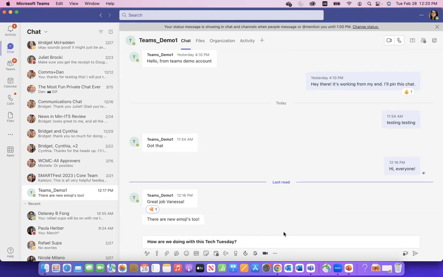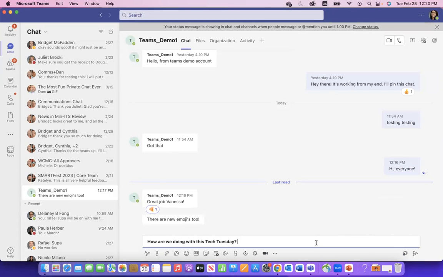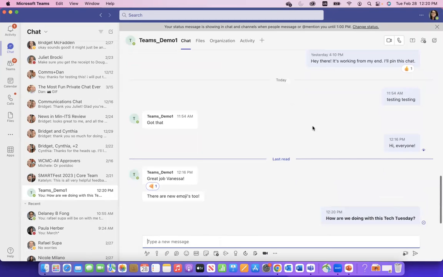One really cool feature that Raphael just told me about yesterday is if you want to send a message, you just have to hit enter, or you could hit this little arrow symbol on the right. But if you right click it, you can actually schedule what time you want the message to go out if you do not want it to be immediately, which I actually think is very cool. If you're doing a project that might include some off hours work, but you don't necessarily want to message everyone when they're not working, you can make sure that everyone gets that message maybe at 9 a.m. the next morning, so you're not pinging everybody very late into the evening. And then I'll just send my message and we're having our conversation.